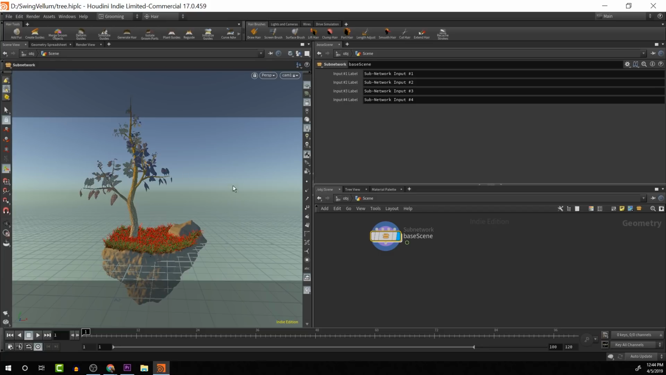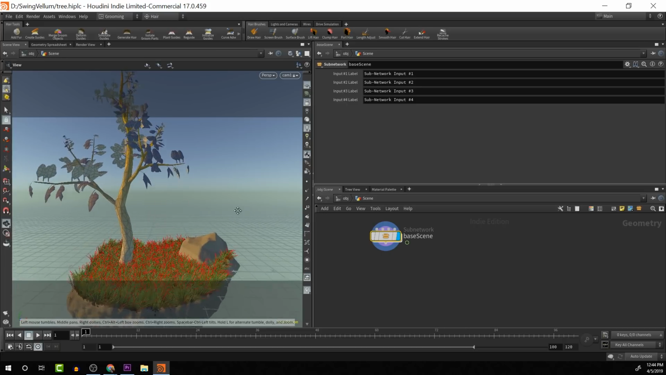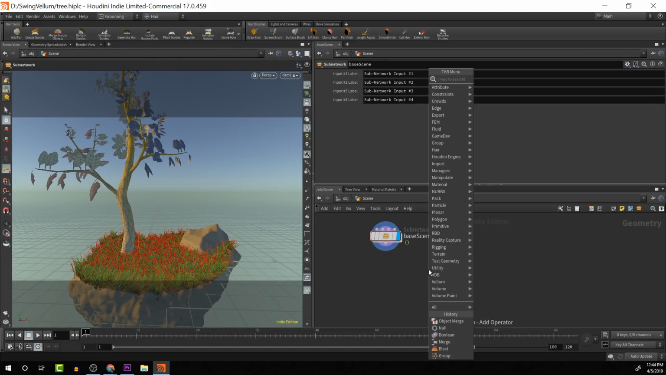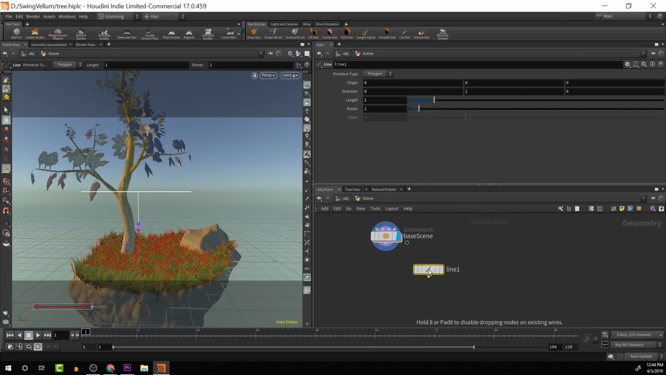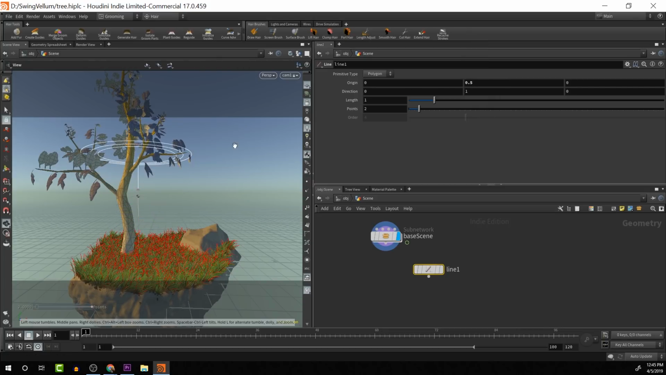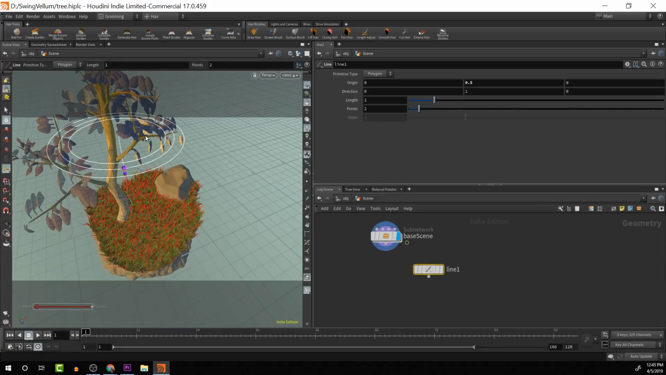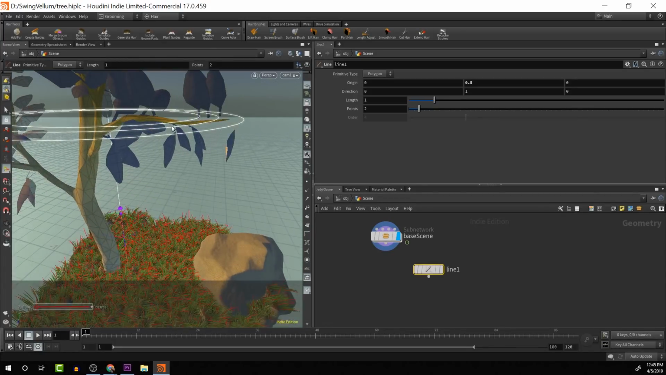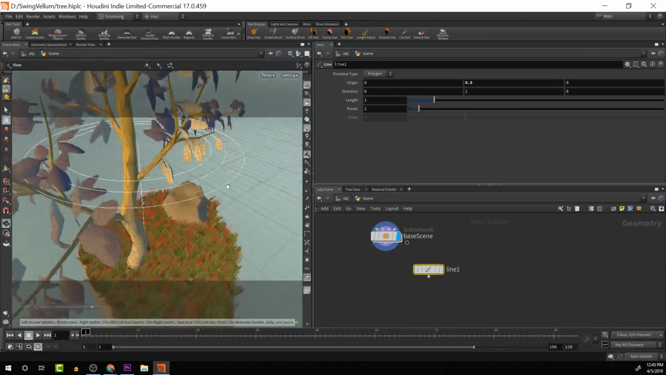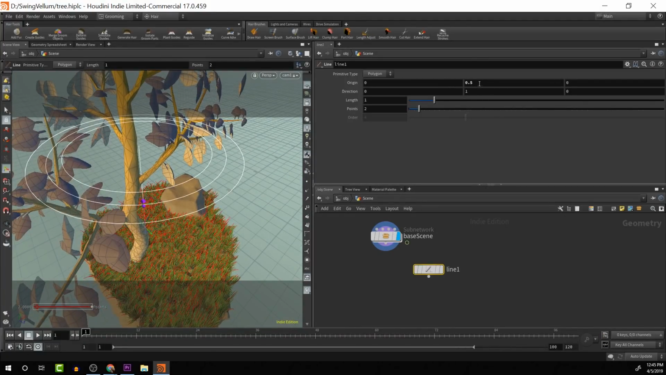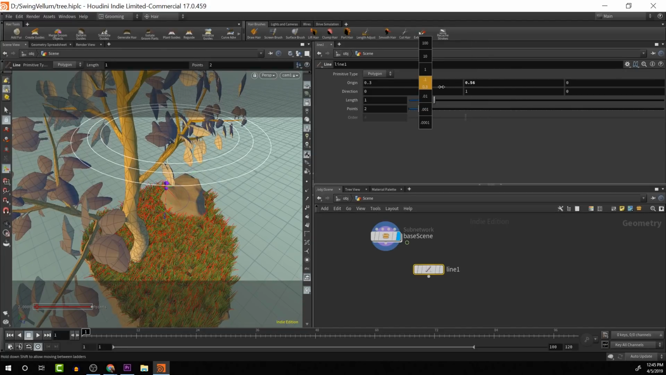I want to first create the overall ropes and the swing and stuff like that in the scene. So I'm going to start off by creating a line, and let's move the origin a little bit up, and you'll see that is the line there, and I'm going to make it set up onto this branch that is going across right here. So I just have to go around and adjust the positioning until I get something that is